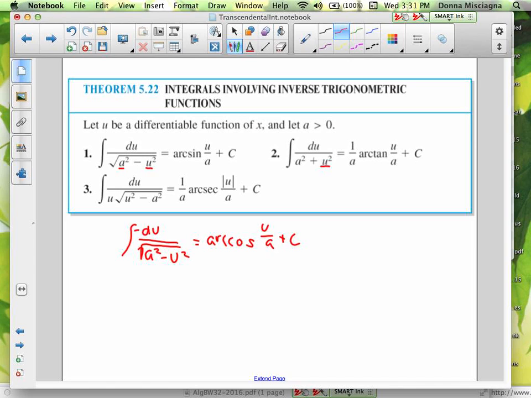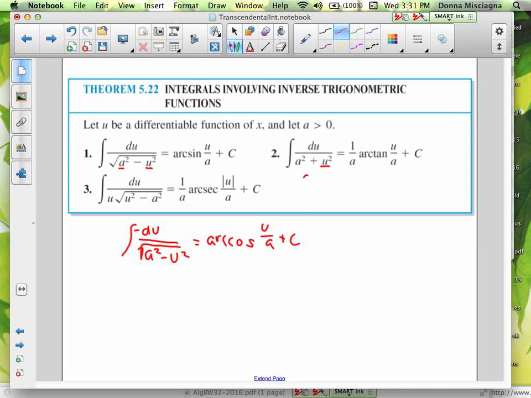For 3, does the u in the denominator have to have the absolute value bars? It might not have the absolute value bars, but it'll be positive. Okay, because it's already given to you. Yeah. And so then arc